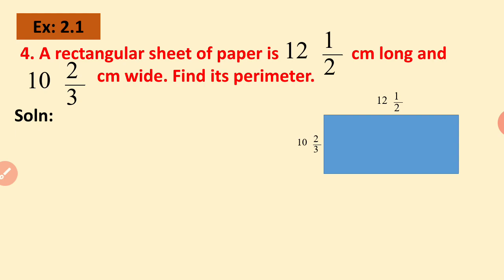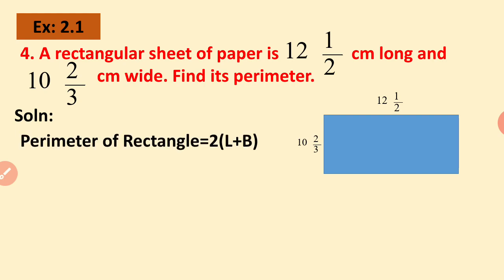Now, perimeter of any figure is nothing but the sum of the lengths of all the sides. Here there are 4 sides, so we have to add the 4. But that is the usual method. Here, for a rectangle, we do have a formula for finding out the perimeter. The formula goes as 2 times (L plus B). Now, in the formula, we know the length, we know the breadth, so we are going to substitute it.